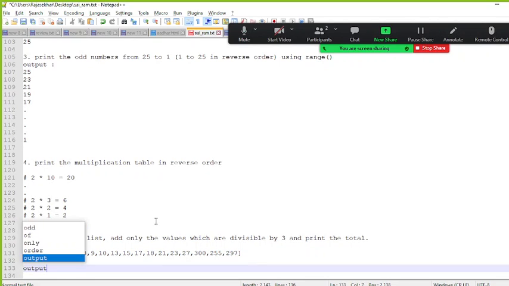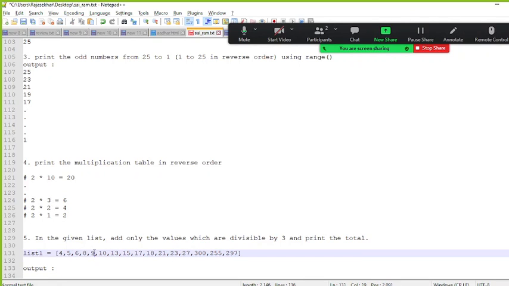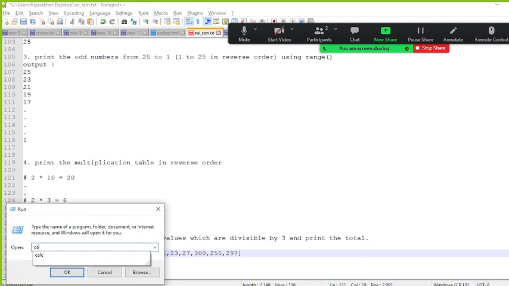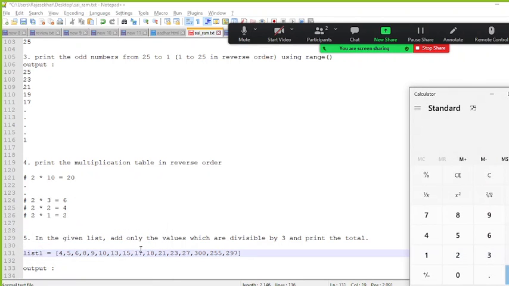Okay, what is the output? Output is 6 plus 9 plus 15 plus 18 plus 21 plus 27 plus